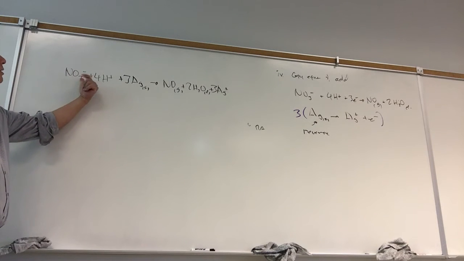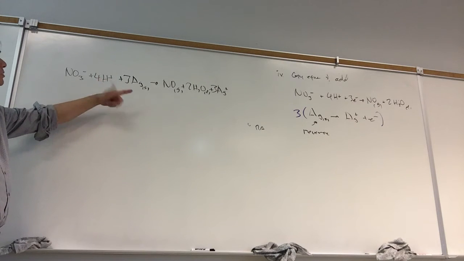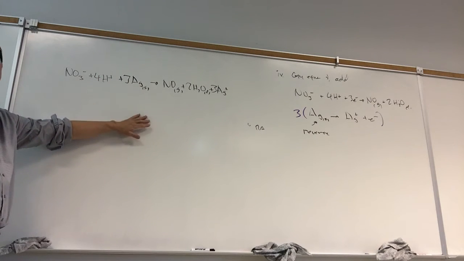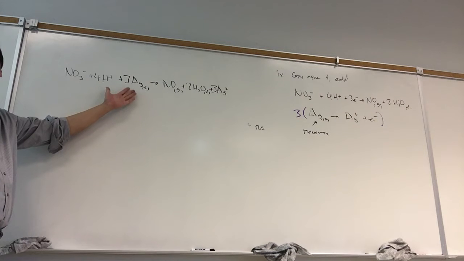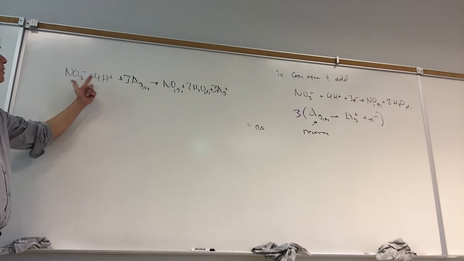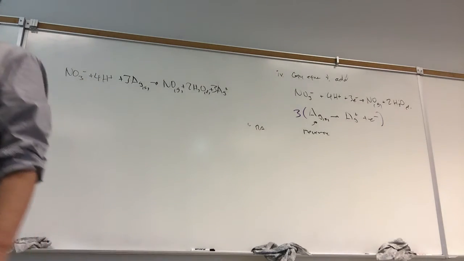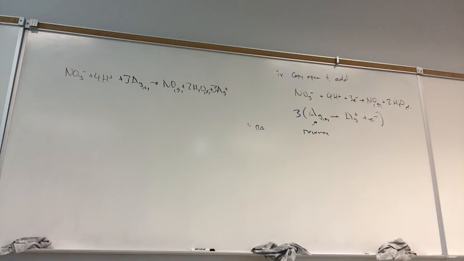So nitrogen, nitrogen, 3 oxygens, 4 hydrogens, 3 silvers. We make sure the atoms are balanced, and we make sure that the charges are balanced. So -1 plus 4 is +3, +3 and +3. It's balanced. Okay, we aren't done yet because this is the most likely reaction to occur, but we need a